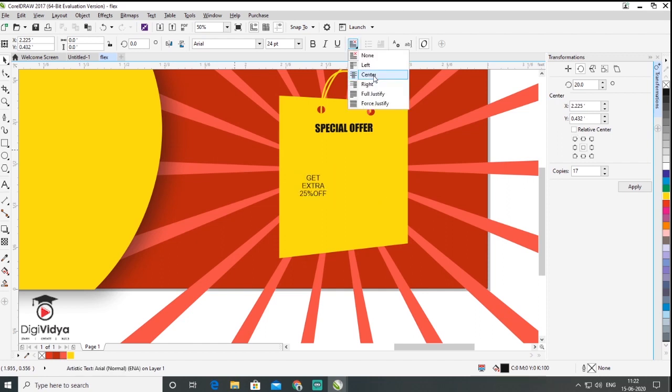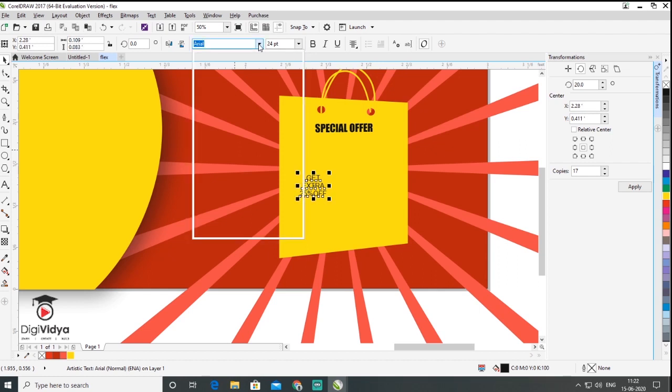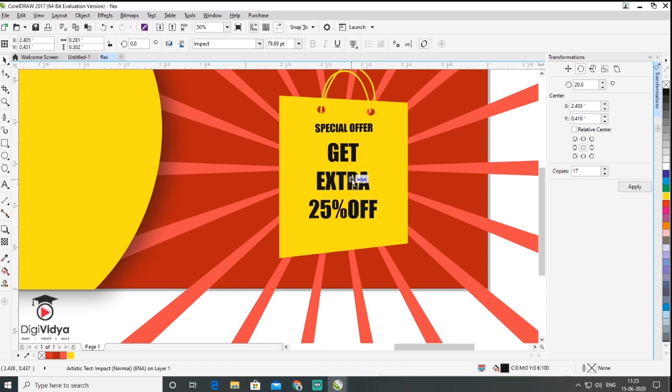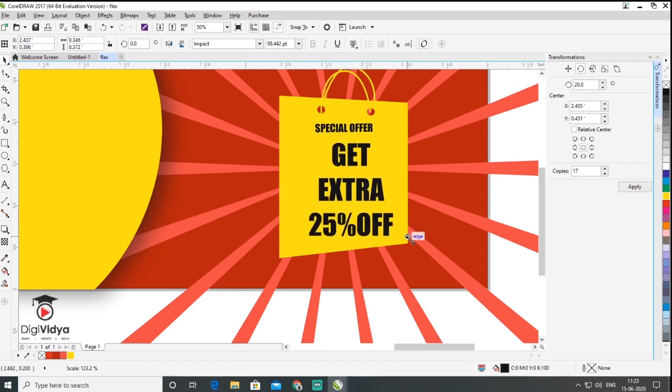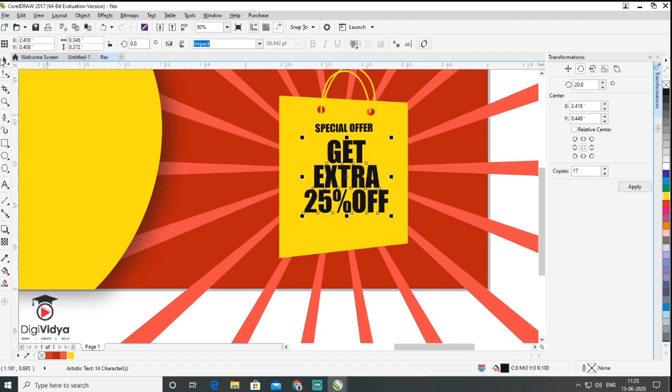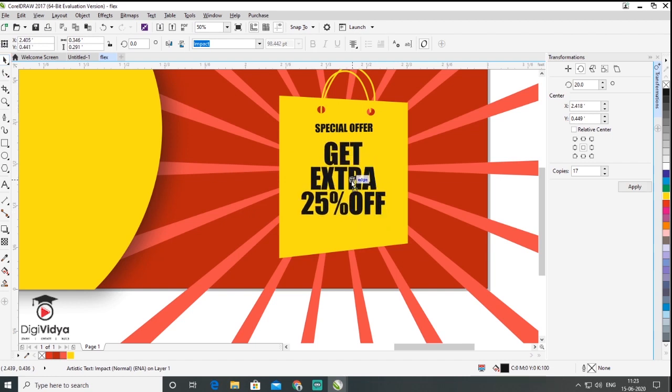Now I arrange the text into center paragraph and change the font into Impact, and I increase the size, and I want leading, meaning space between characters. So here in CorelDRAW we apply leading using the shape tool. So I go to the shape tool, and here is the leading, right? Then I go to the pick tool, select the whole text and double click on it. So here I want to skew, right?